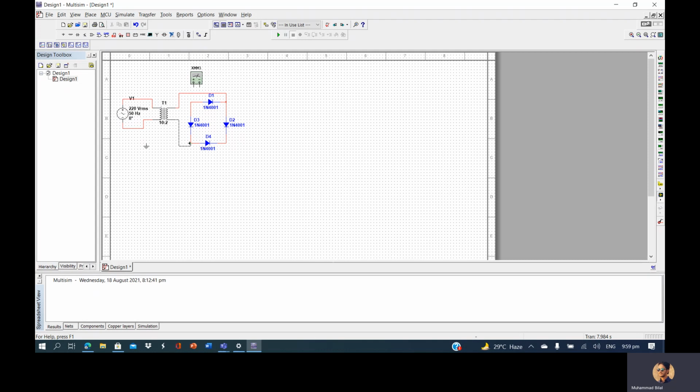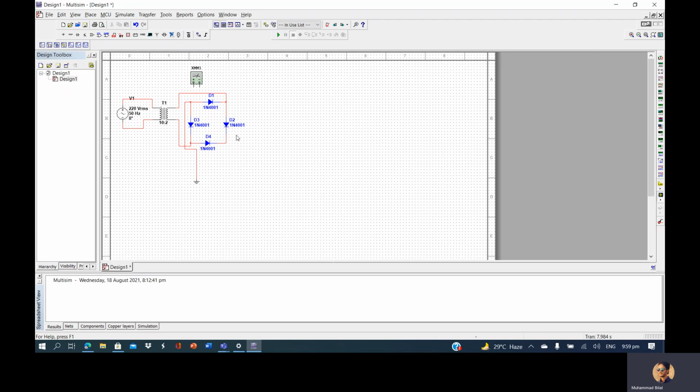Here we have connected the positive terminal to the positive point and the negative to the negative point of it, and we will need to ground that point of the bridge rectifier by connecting it directly with the ground. We can make those connections easily.